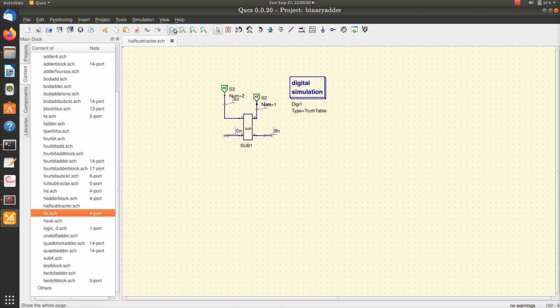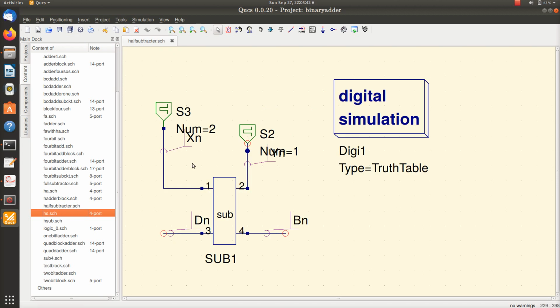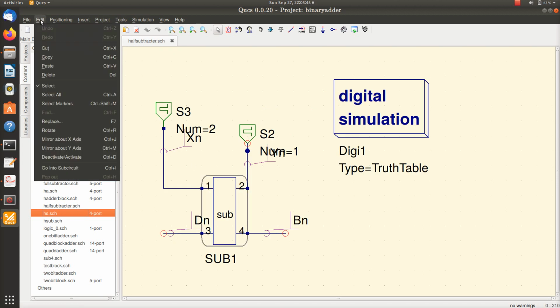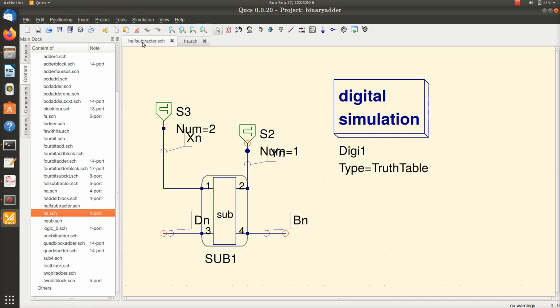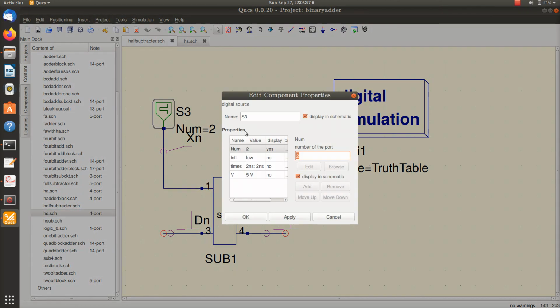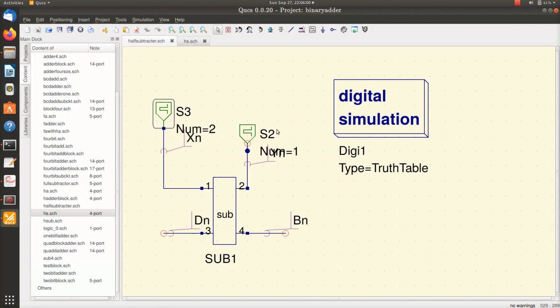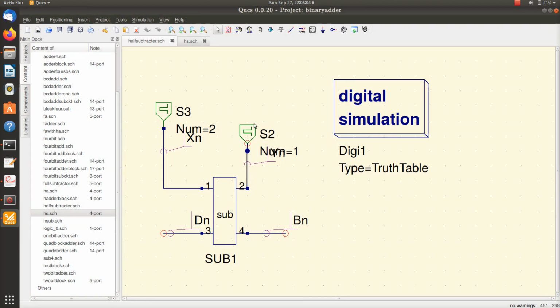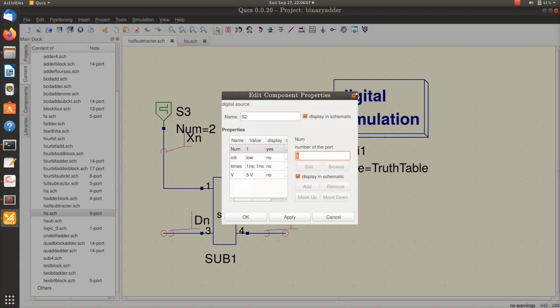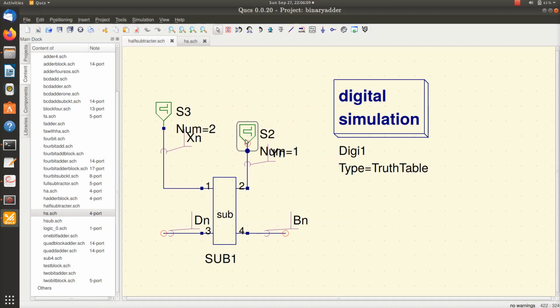This is a half subtractor circuit, and I will go into the sub-circuit. Here it is, that is correct. Now you can see that this block is my half subtractor. Its pin 1 is xn, that is connected to a signal with 2 nanosecond period, and this is connected to yn, that is connected to a 1 nanosecond pulse. This pin 3 is my Dn, and pin 4 is my Bn.